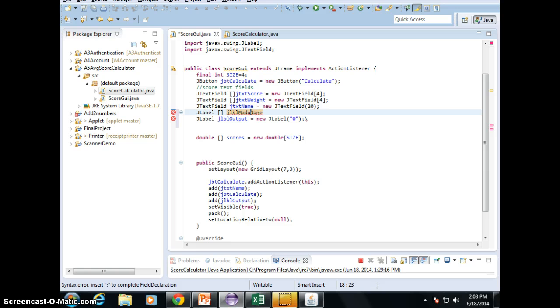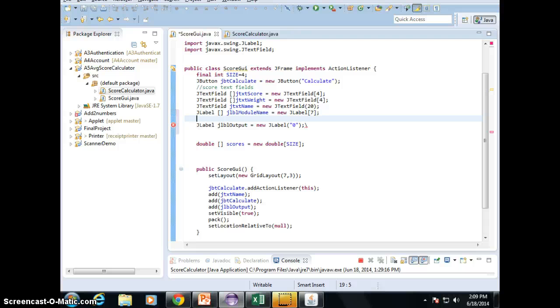Make it make more sense when you read it. Equals new JLabel, and I need to give an array size. We said 7 of them, right? Now that's one way to create an array. And if I want to give the values, right, I can also give it equals to